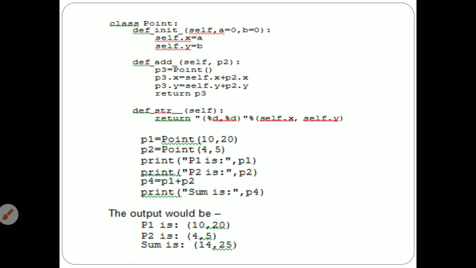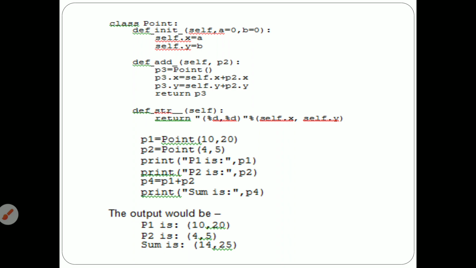So it automatically returns p3. All the x and y values are stored in the form of p3. With the help of the string, this is special. It will use the user defined function, nothing but the class objects. So automatically it will invoke the function. It is used to print with the help of the add function.